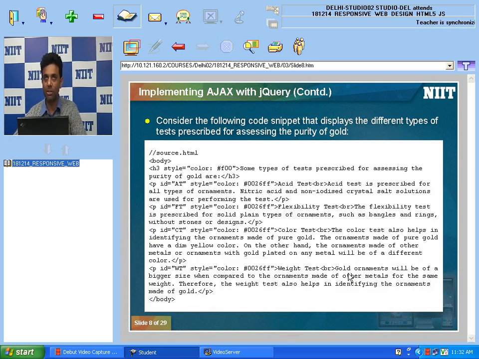Just try to understand. There is one example given over here, but I think I will display this example on my desktop machine rather than the PowerPoint, so that you can see the real life example. Okay, I will come to my desktop machine now.